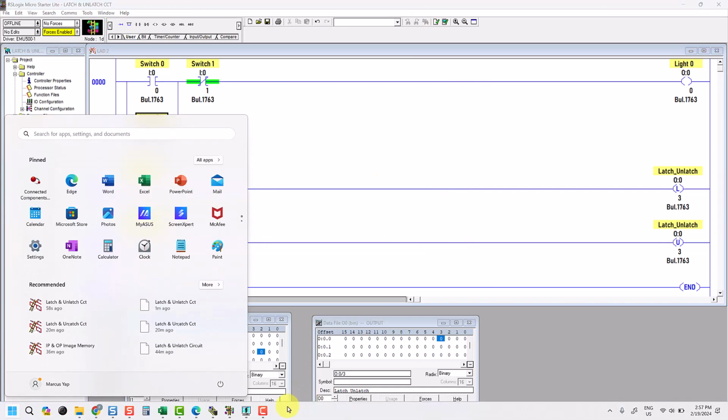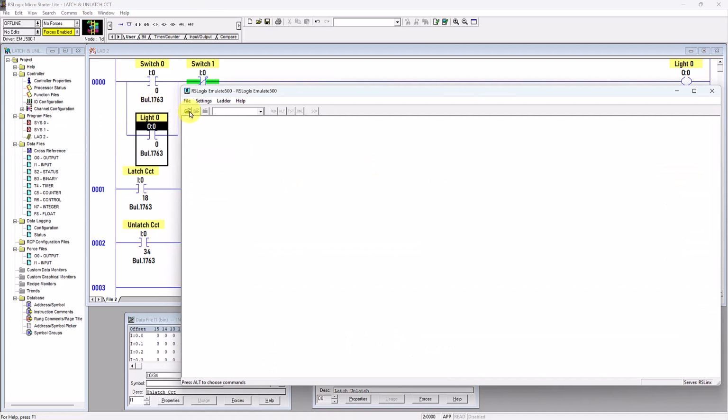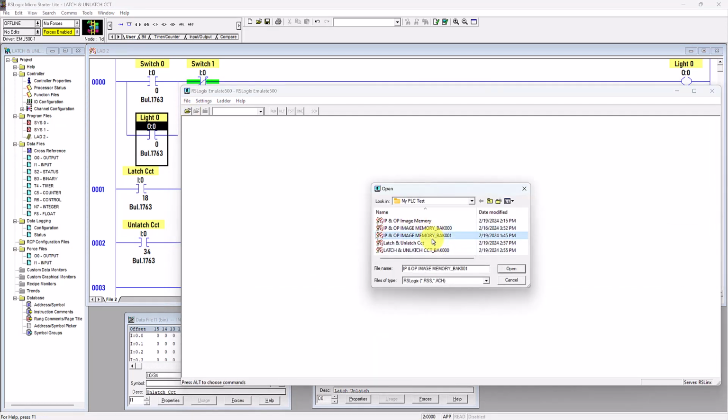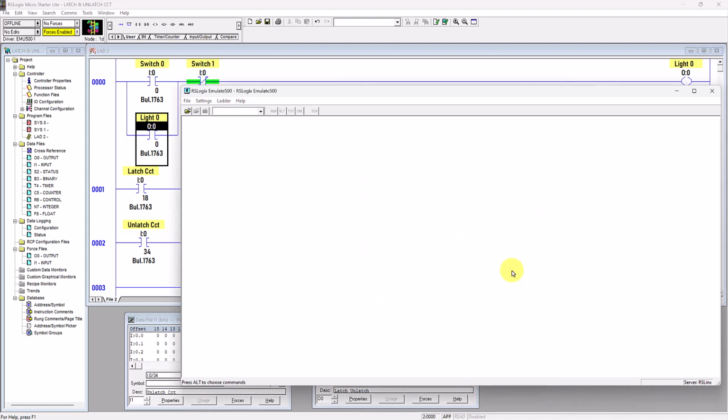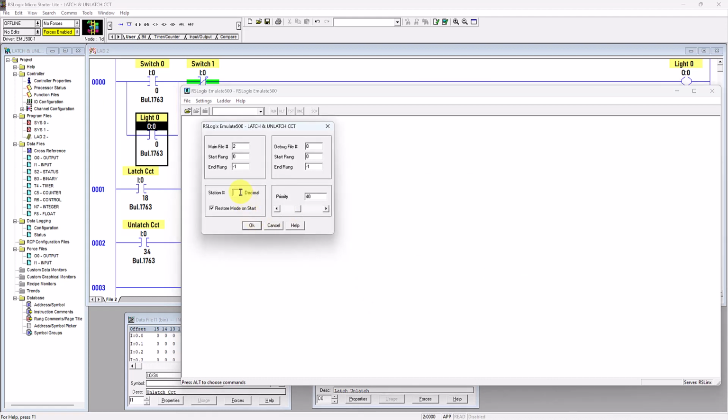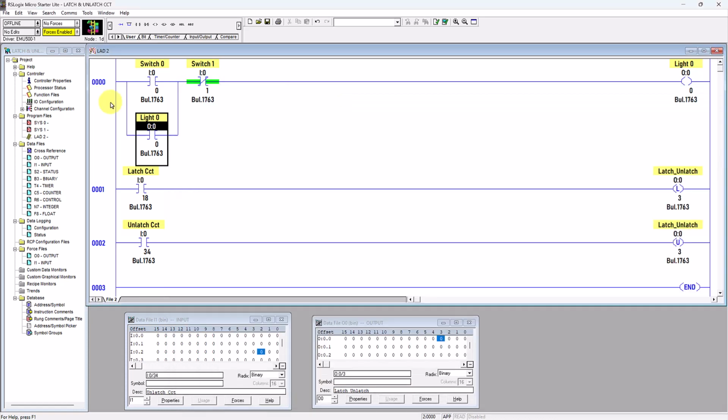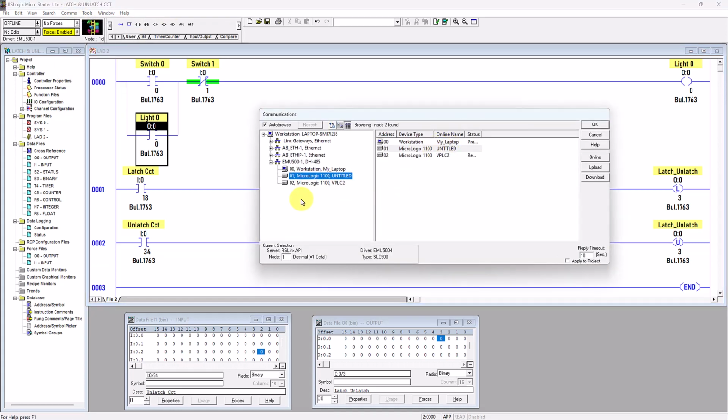So then you go back to this emulate. Open the file that you saved just now. Then open. Okay, give the station number. Since I have used the station number 0 and 1, I have to use another number, maybe number 2, 3 or 4, etc. Okay, for me I use number 2. Click OK. Then I can come here to click download, or I can go to communication, system communication, and then